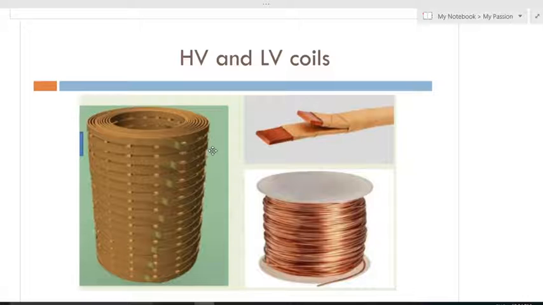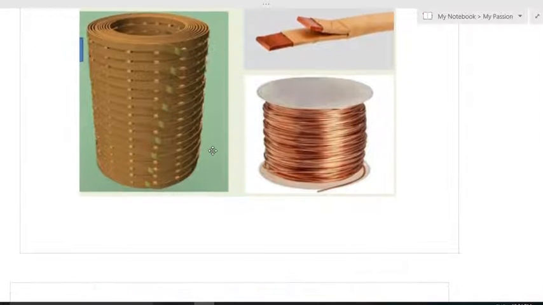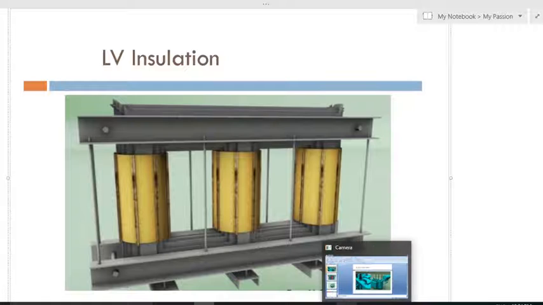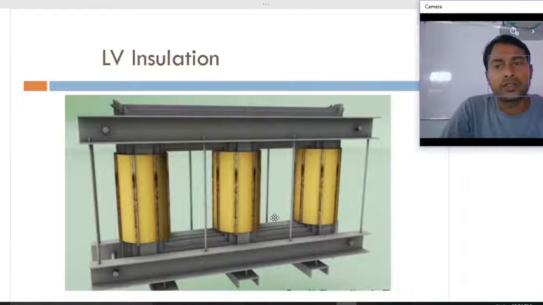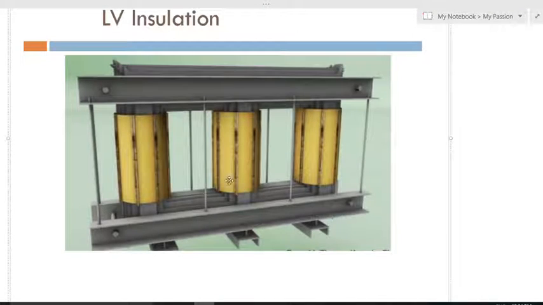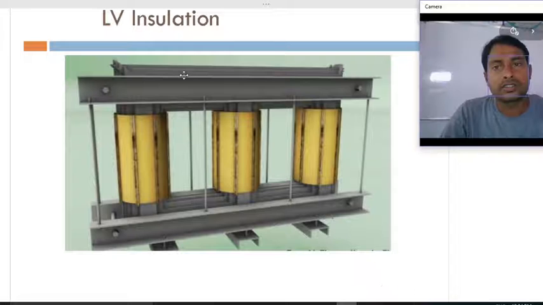And the next part of the transformer is the placement of the LV winding. This is the supporting frame, which I discussed in the first slide, and this is the core which I placed between the supporters, and this is the insulation.